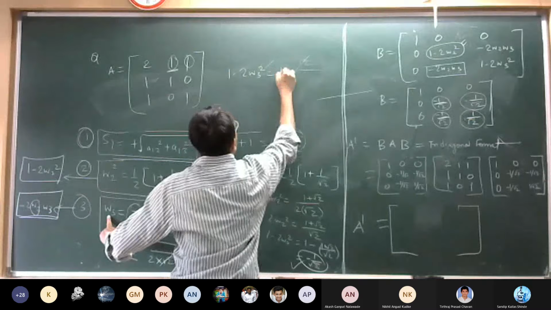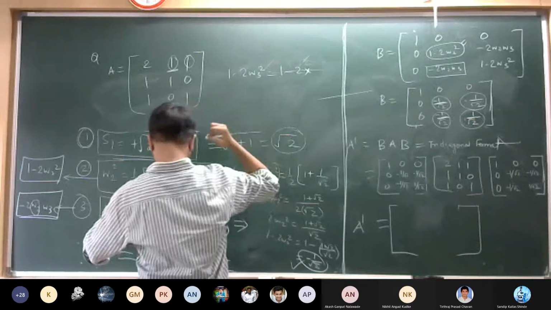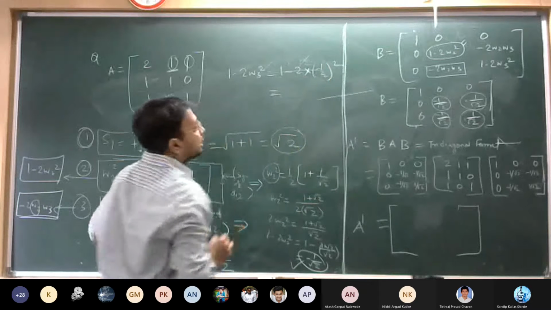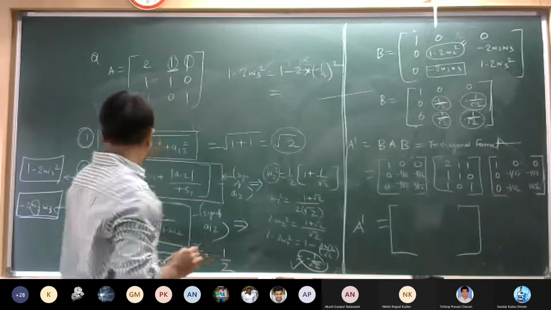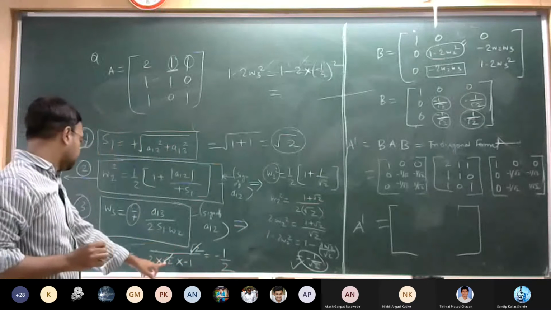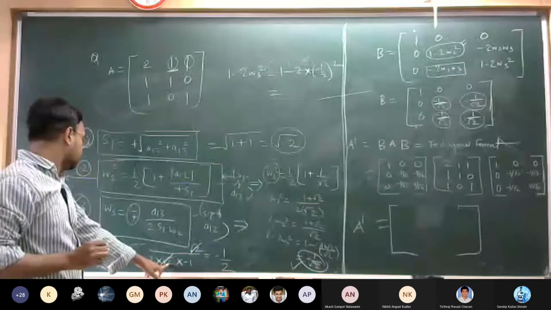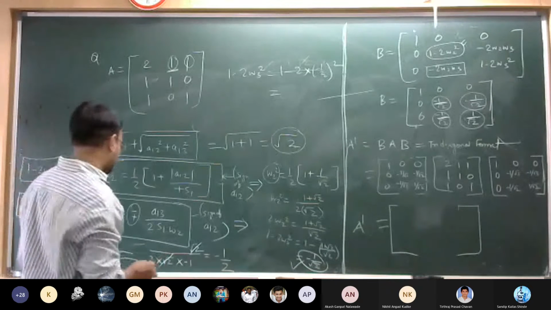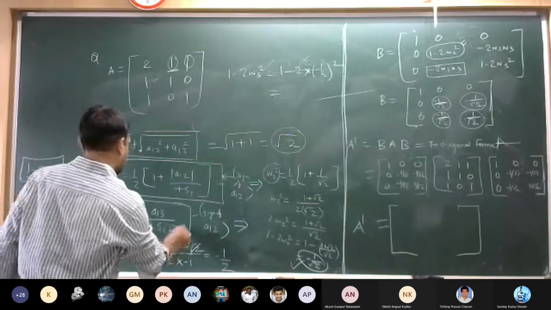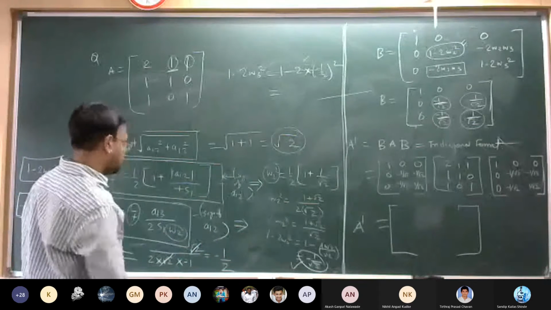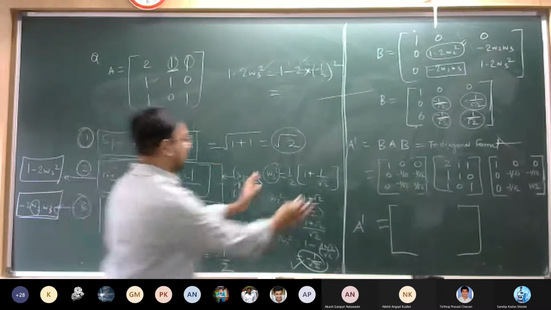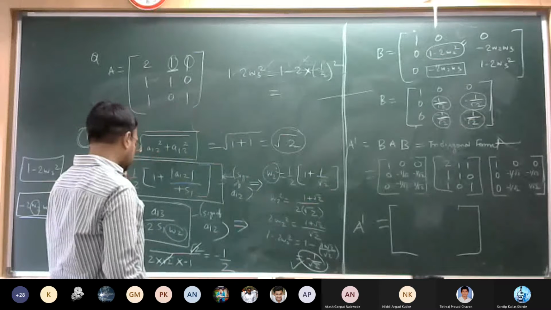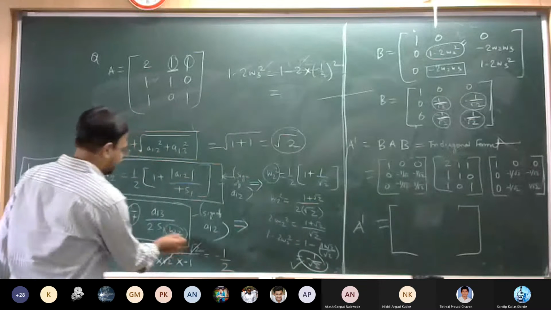1 minus 2W3 square. So 1 minus 2 into, I think something is wrong. Here 1 minus 2 square, that term has come. S1, S2. S1 is what? Root 2. Sign of A13, 1. So W2 value we have calculated. Okay, W2 value we have not calculated. This was the entire term, W2 value. So we need to calculate W2 value so that we can put it.